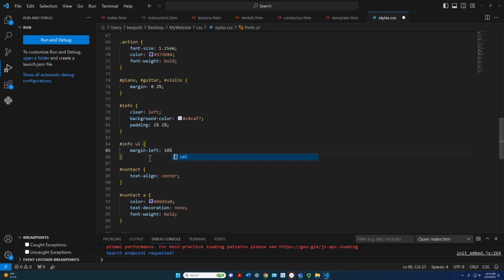Okay, so that's going to put a 10% space on the left margin of an unordered list item inside of the info tag. Okay, let's see if we can go on. I'm going to keep going until we're ready for a break and I look at some other things here. So I think we can move on to